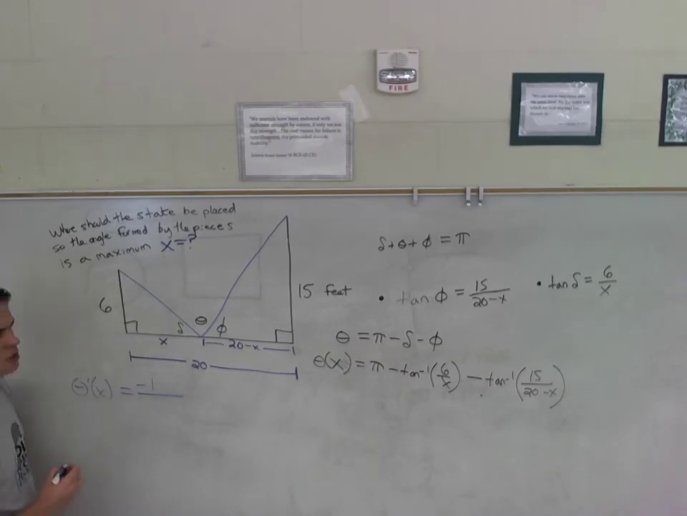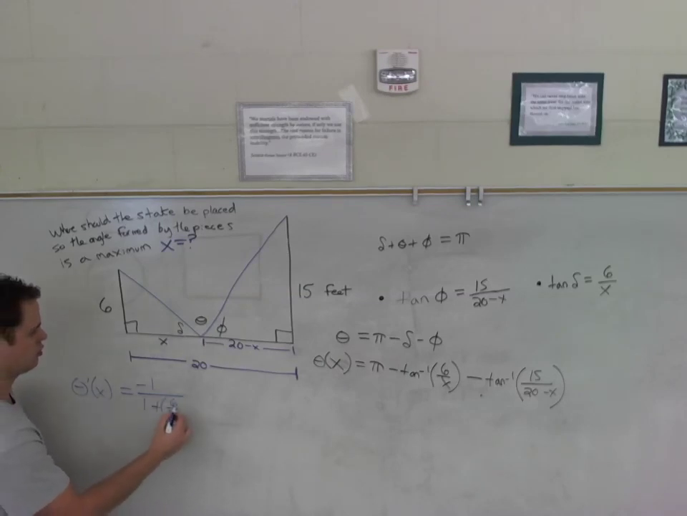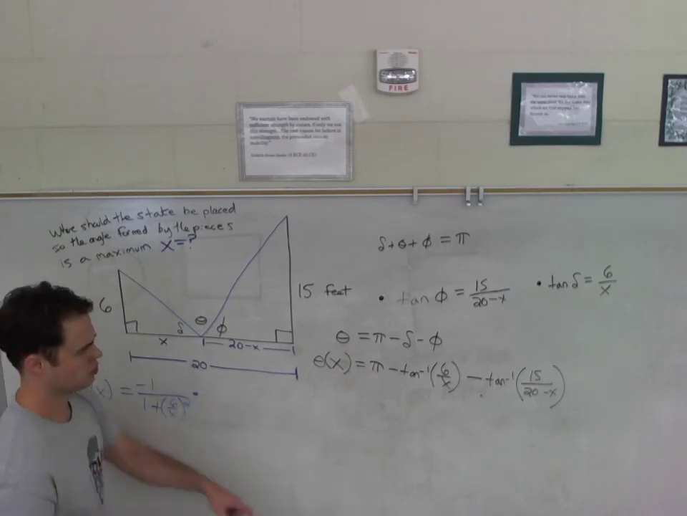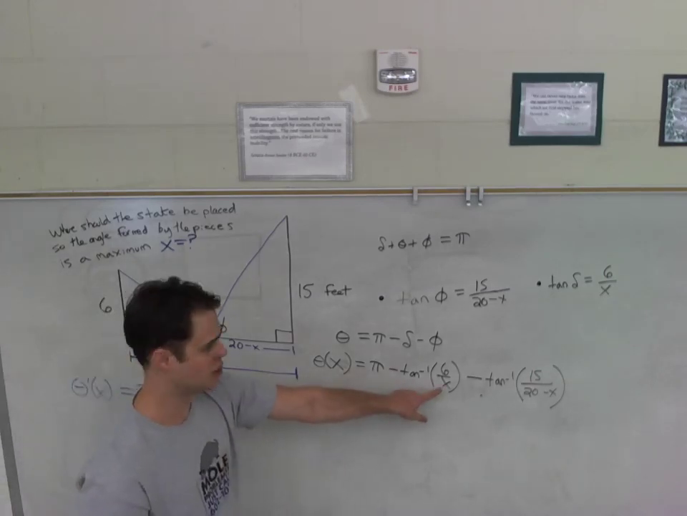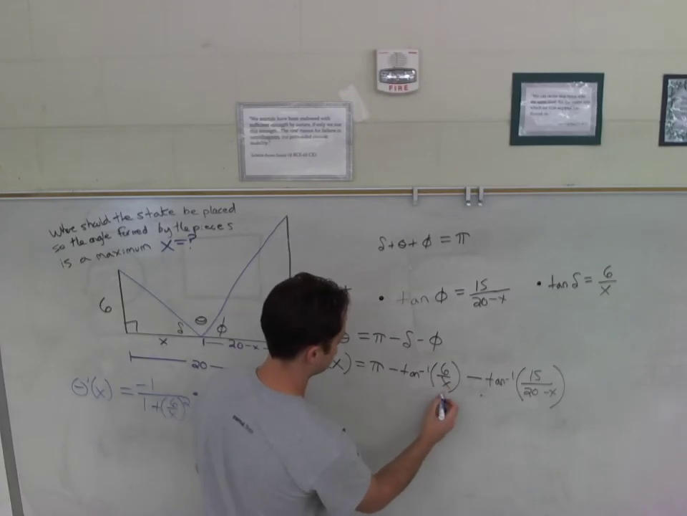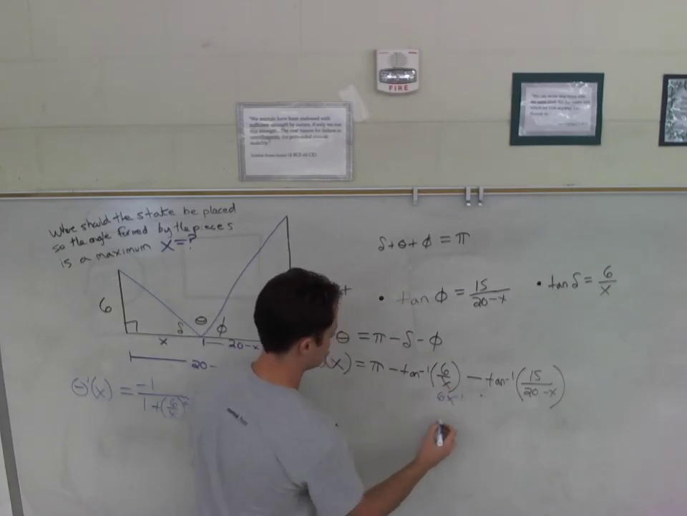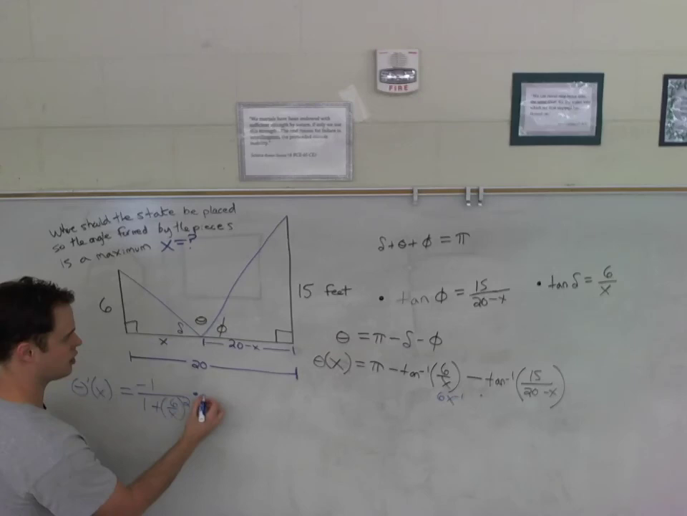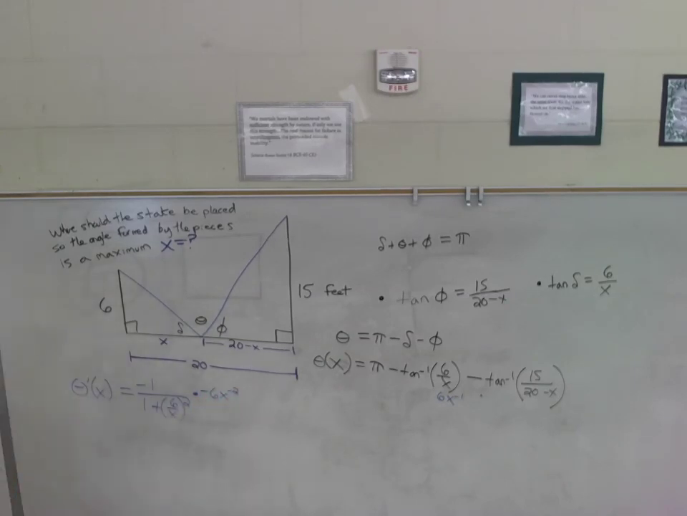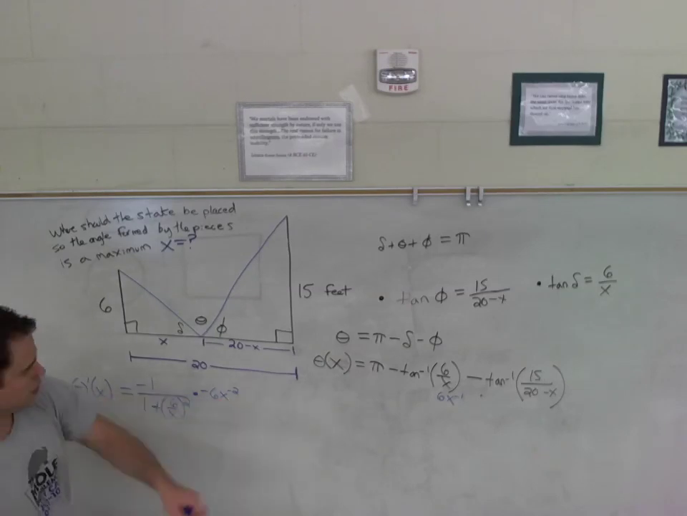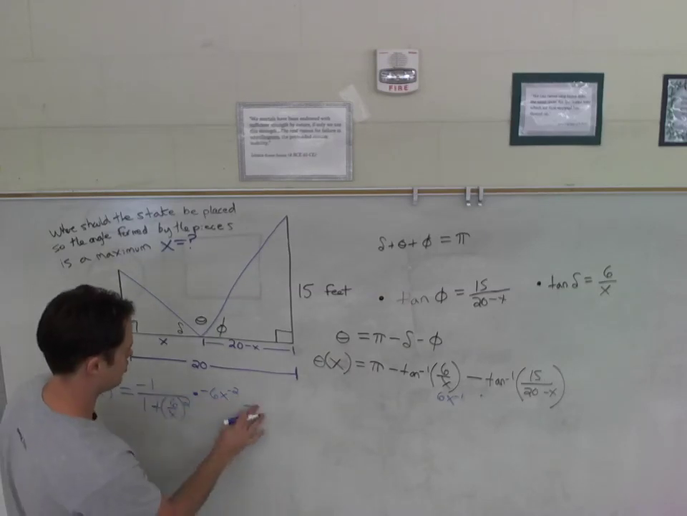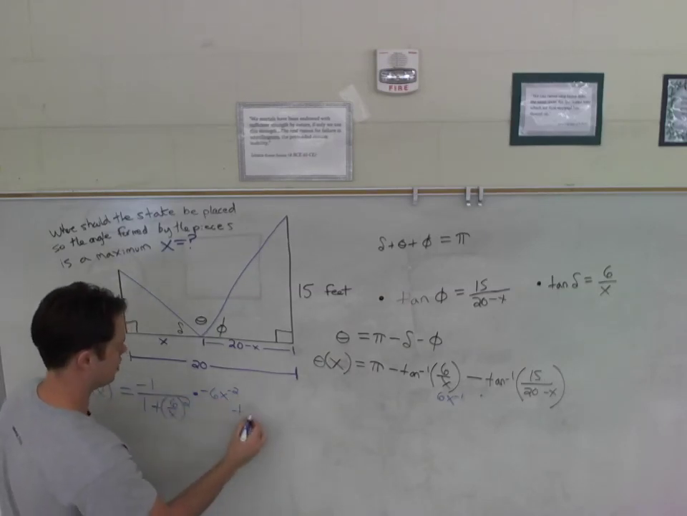What's the derivative of inverse tangent? 1 plus thing squared. Do we have a chain rule? You can see the inside has a function. What's another thing that we could call that? That could be called 6 over x. So this is really multiplied by negative 6 over x squared. So there's that part. Then for the next part, we're going to have plus